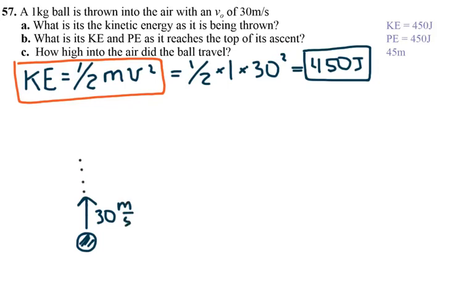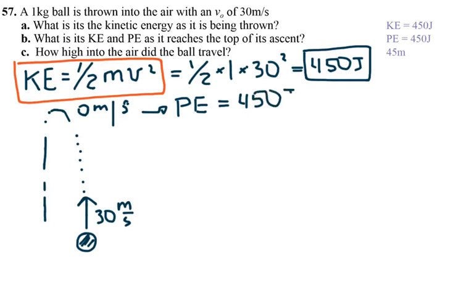When it reaches the top, it stops for a second before it starts going down. So right here at the top, the velocity is going to be 0 meters per second. If the velocity is 0 meters per second all the way at the top, then its potential energy is equal to its maximum total energy, which is 450. So that means kinetic energy is all lost. Then the potential energy is maximum,